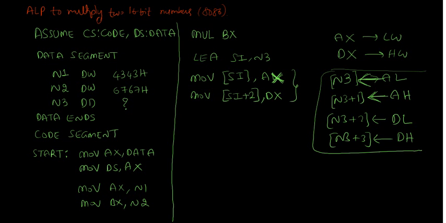With the help of these two lines, these 4 lines will be executed. The n3 location will be loaded with AL, n3 plus 1 with AH, n3 plus 2 with DL, n3 plus 3 with DH, right? So now you can close this with INT 3H, the debug breakpoint, then code ends as the end of the code logical segment, then end of the program, which is started with the label start, end start, right?